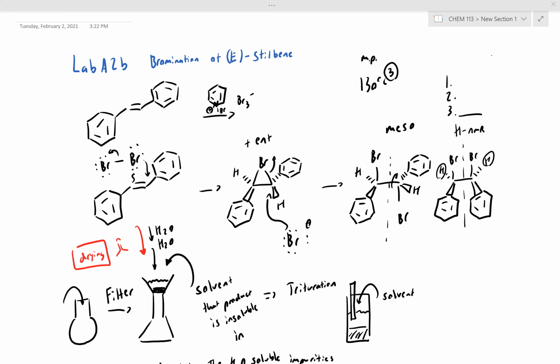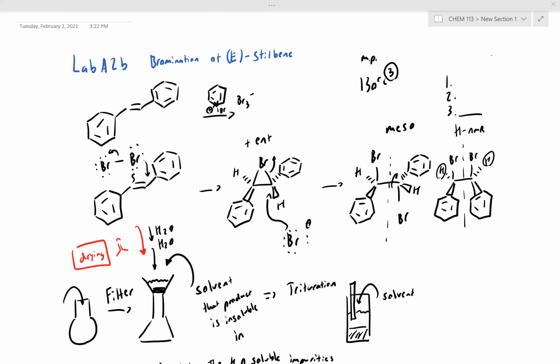So E-stilbene is going to be brominated rather than with a traditional brominating agent such as bromine. We're going to be using a bromine equivalent of pyridinium bromide perbromide, and in this case, the pyridinium bromide perbromide serves as a bromine source. The bromination mechanism is exactly identical to that of your typical electrophilic addition of bromine across